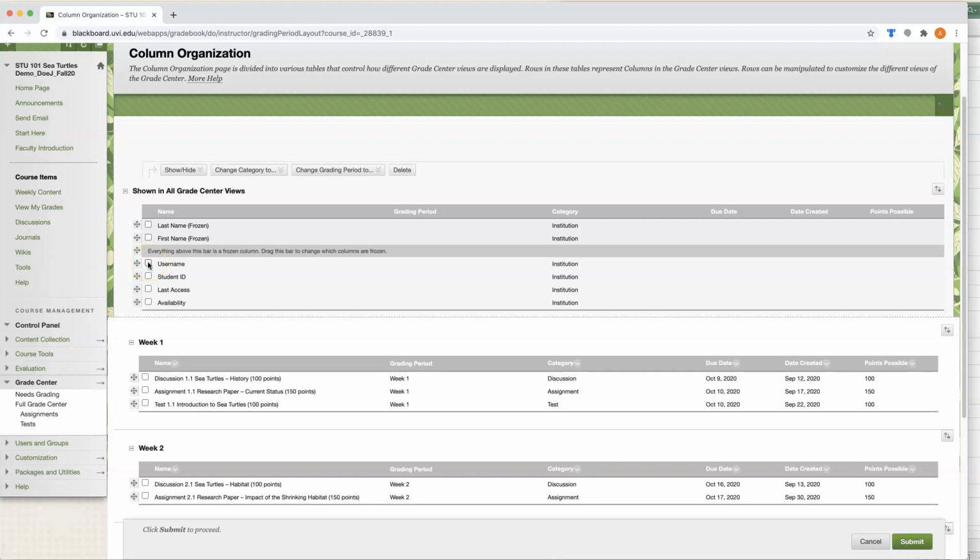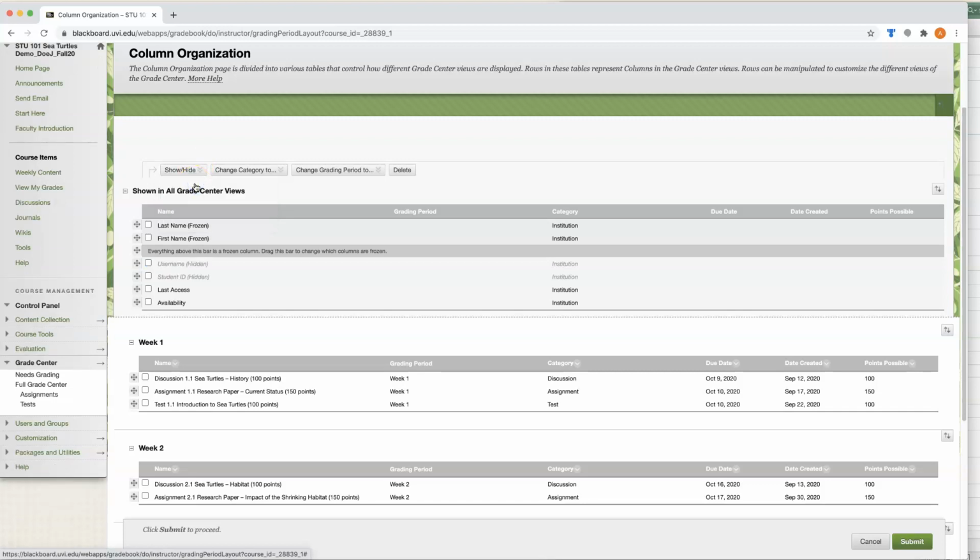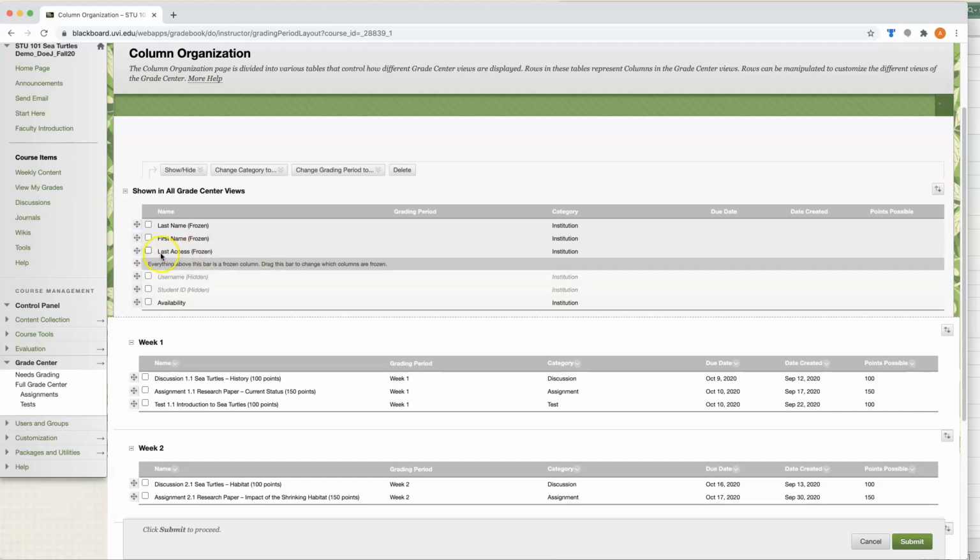For example, in this case, I'm going to take the username and student ID and I'm going to hide these columns. Next, we will make last access a frozen column. And what this means is that when we are scrolling horizontally, these 3 columns will be displayed at all times.